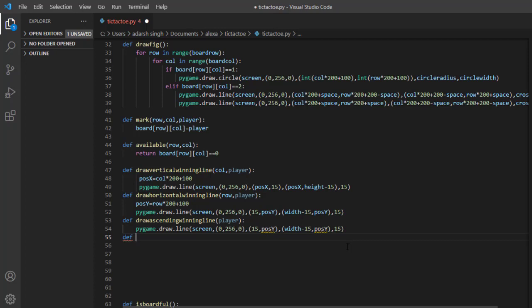Wait, I'm creating another function, then we'll change both the same way: draw descending winning line. Guys, you can change the names of the descending line and ascending line by yourself. I'm going to write it so you're comfortable to understand, and paste it there,